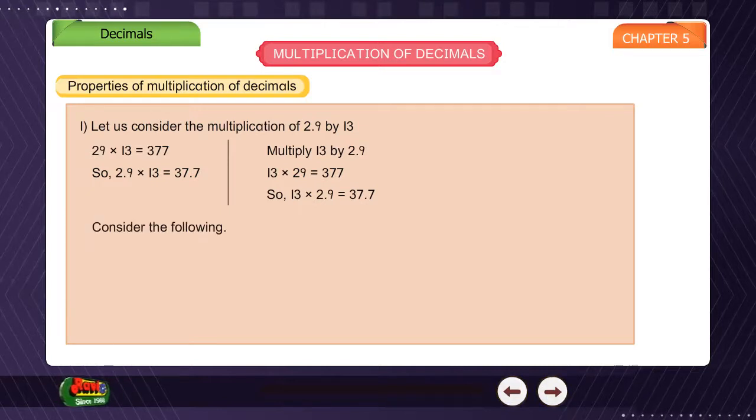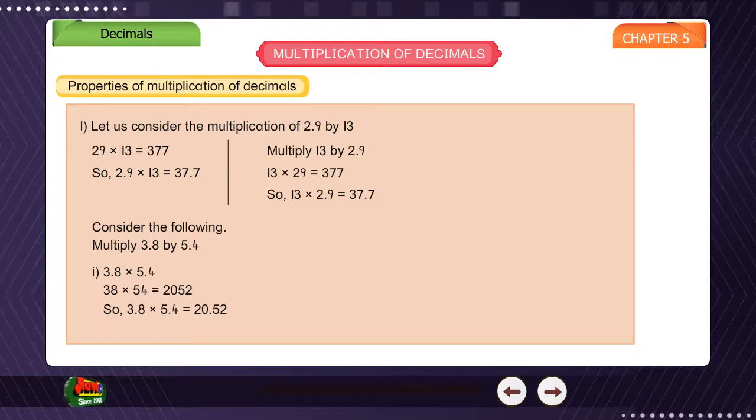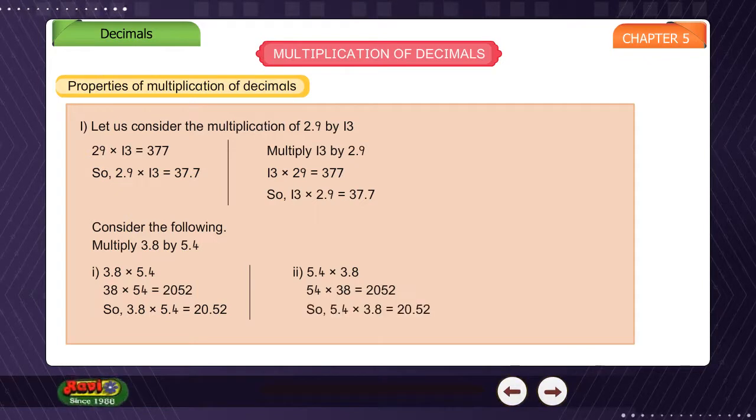Consider the following. Multiply 3.8 by 5.4. 1. 3.8 into 5.4. 38 into 54 is equal to 2052. So, 3.8 into 5.4 is equal to 20.52. 2. 5.4 into 3.8. 54 into 38 is equal to 2052. So, 5.4 into 3.8 is equal to